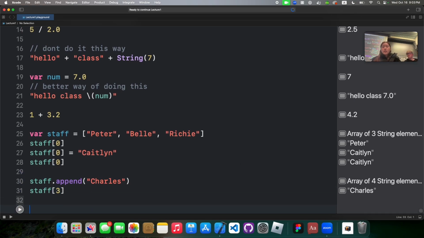Okay, and then initializing arrays in Swift. There are 2 ways you can initialize an array in Swift. First you could do var array, and let's suppose you want to store an array of strings. So we give it the string type annotation. You could first initialize it this way,